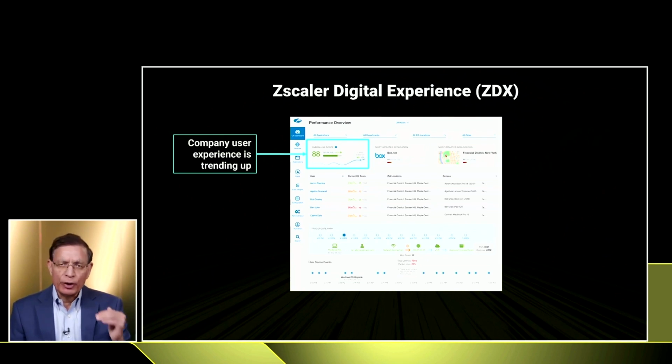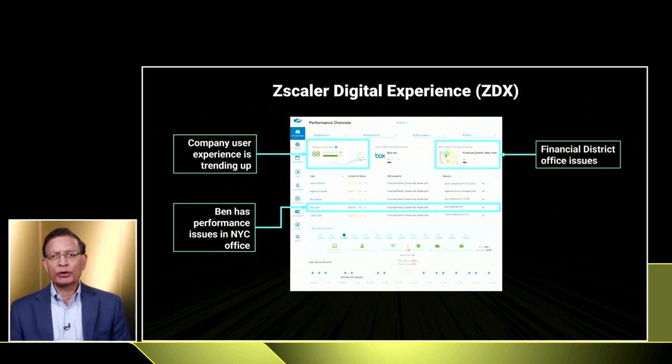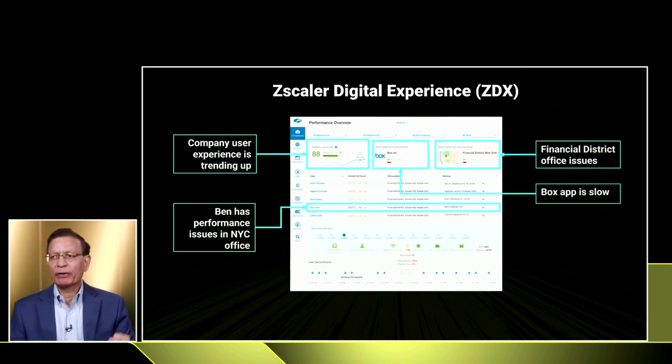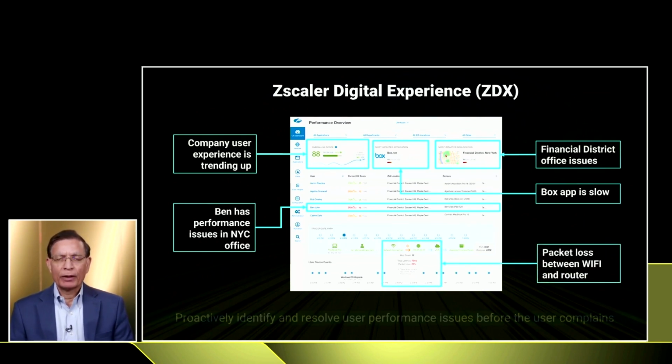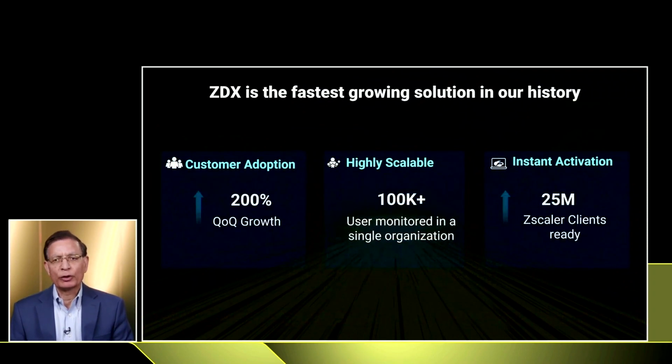We start with user experience score. You can roll it up by application, by location, and you can take it to the company level so you understand your company's overall experience. And you can drill it down. You can see if a user has issues and why. Maybe there's certain issues at a given location, maybe in New York City. We understand that, we pinpoint it. Maybe the local telco is having some experiences. We figure out if a certain SaaS application has issues, and potentially there's a packet loss issue somewhere in the path. By letting you figure out where the issues are, you can easily figure out what needs to be done.